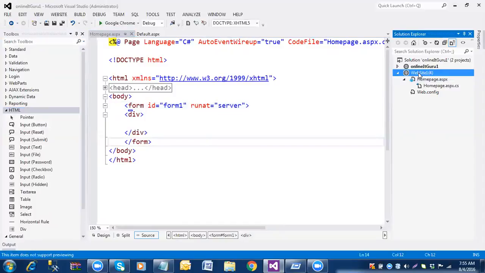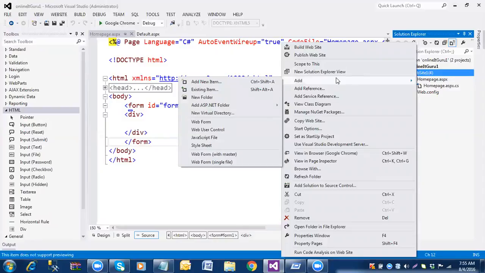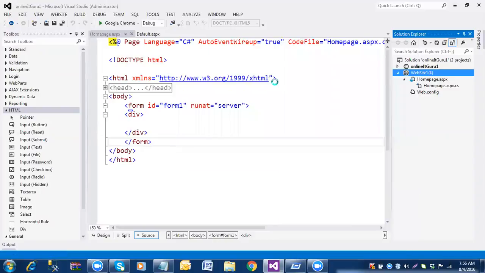Now in C#, all forms should be in C#. We cannot add one form in VB.NET and one form in C#.NET. All forms are in C# only. If you want coding, we can write one file in VB and one file in C# like that. But the designing should not change across different languages. But whereas in websites, we can add